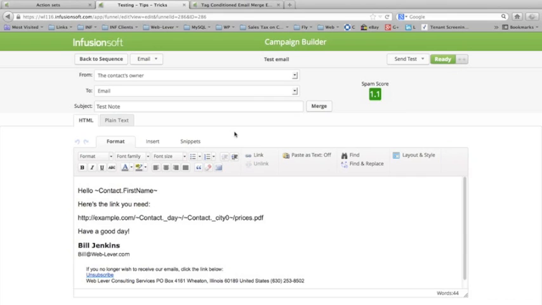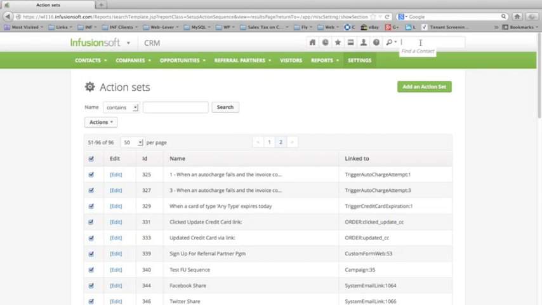And this is what the email copy looks like. It's simply hello, contact first name, here's the link you need. It's simply giving the domain, merging in the day, merging in the city, and prices.pdf. And now I've got a single version of the email copy that works for all 6 versions of the URL that can happen. So if we go back and look at that email that I just sent,